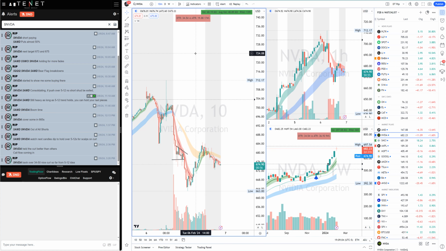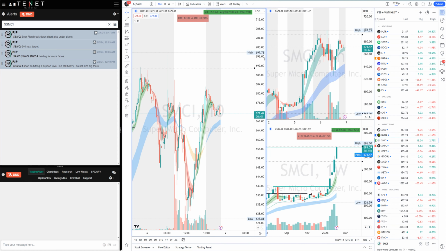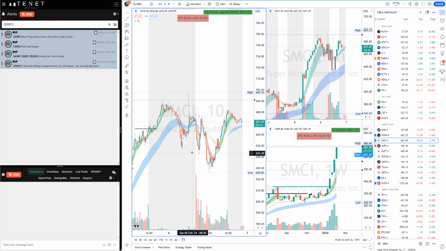Let's look at our SMCI. That short kind of didn't work because of the late entry. A lot of people lost on that because there was a late entry. So let's look at this 647, right? So when 647 of the day breaks, you add the short here, and it swipes back, and you have to immediately take the loss and move on, right? If you miss the morning flush,